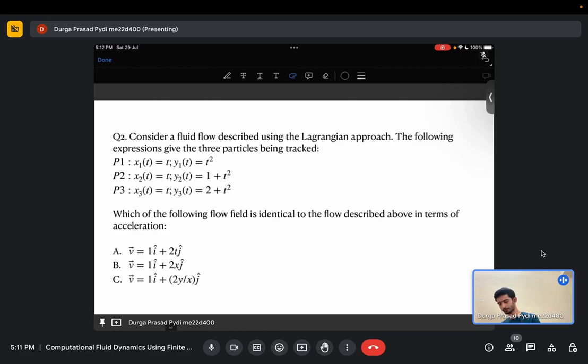Just to recollect, from the Lagrangian form to the Eulerian form, you have the relation. Say if phi is one of the properties, or it can be any coordinate, then the material derivative is given by